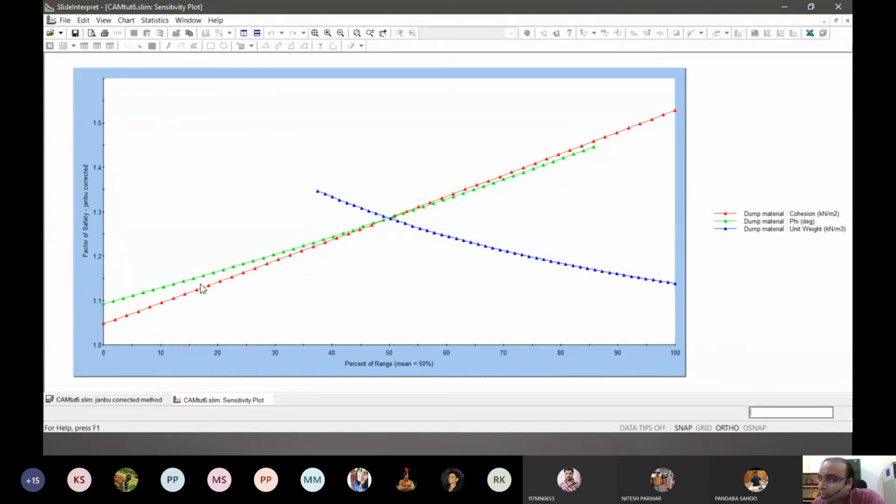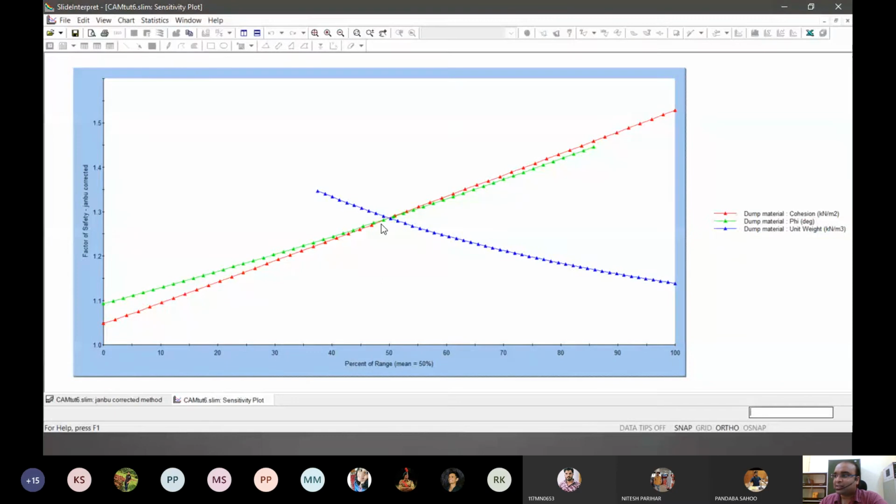But you see this, even if you consider the green one, that is the phi, it is also non-linear. So it is also increasing with respect to the relative increase. So that also we have to see. Now, basically it has done 150 simulations in a single go, and that gives us a good idea of